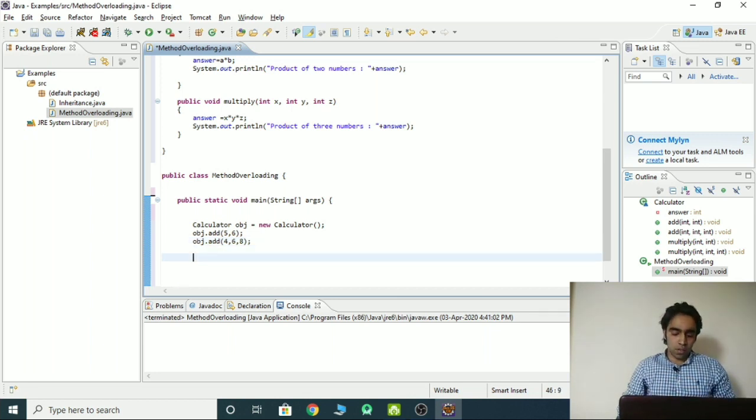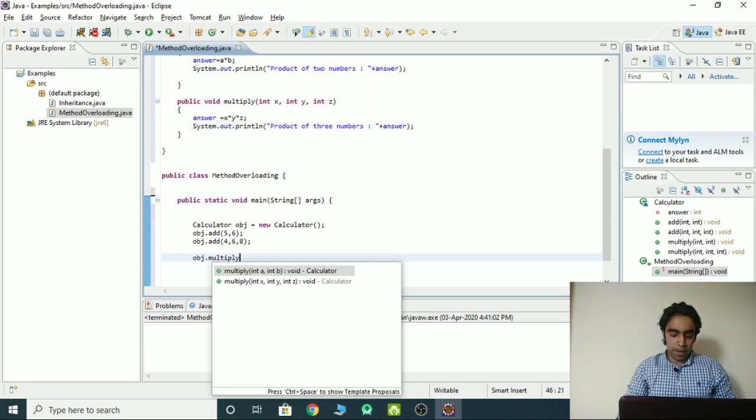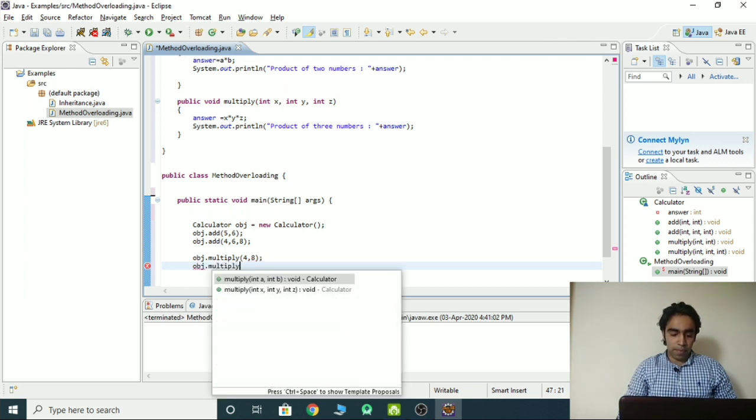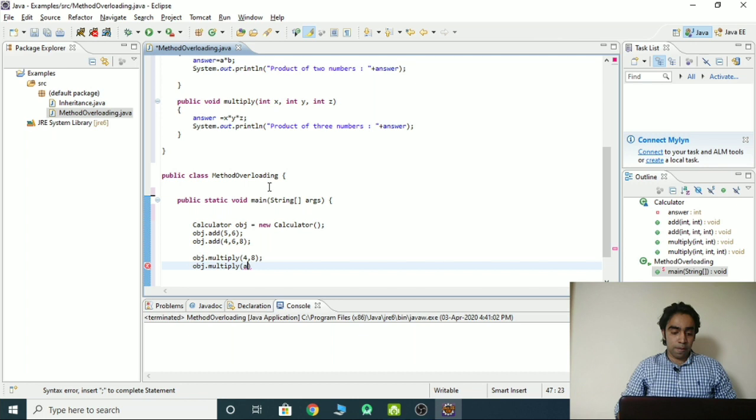We can also call obj dot multiply 4 comma 8, and on the next line obj dot multiply 8 comma 9 comma 2. I'm saving it.